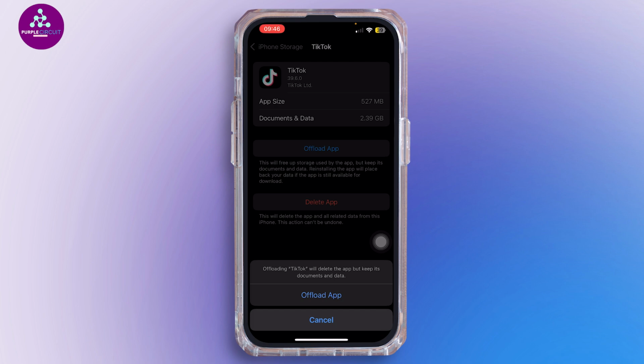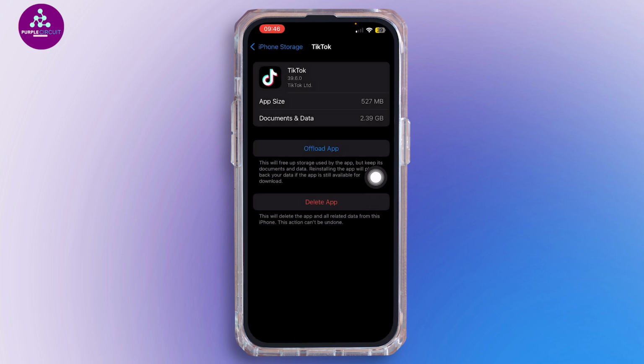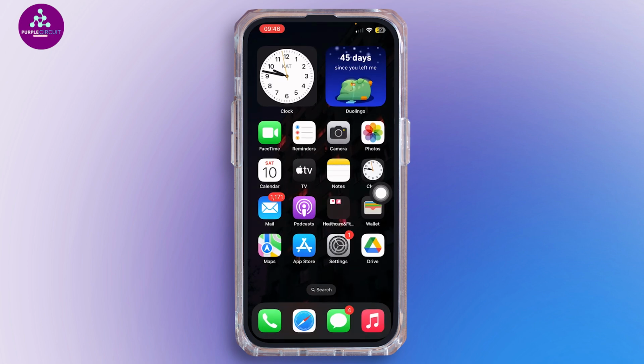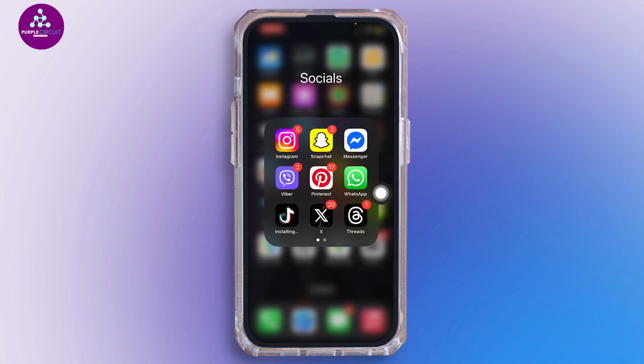Offloading the application will help you to free up the storage used by TikTok and will also help you to clear the cache. So once you offload the app, you want to go ahead and reinstall it again. So once it is reinstalled, if it's still acting up, you want to go ahead and uninstall TikTok by long